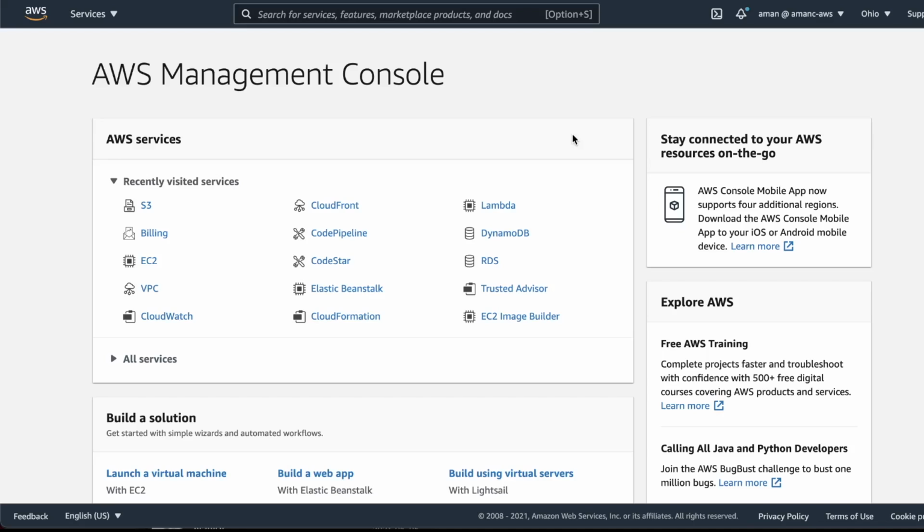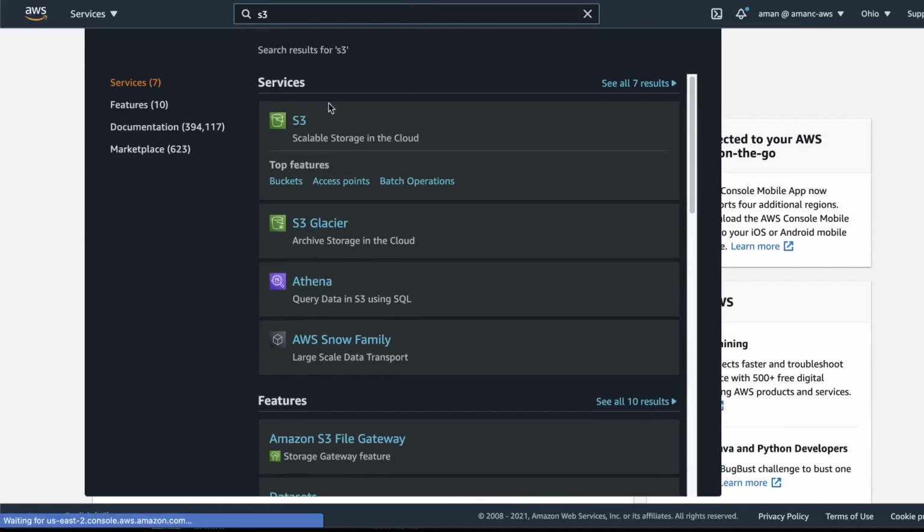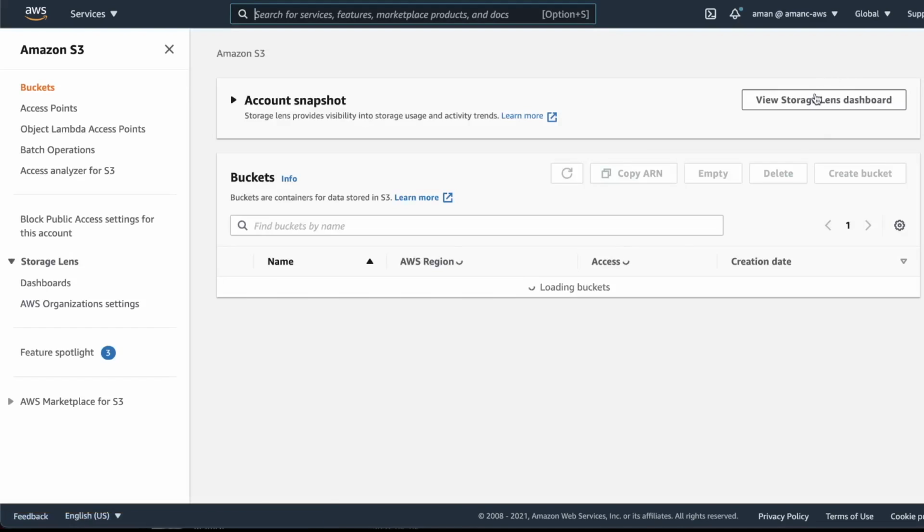So the first thing we want to do is log into the AWS Management Console, like we are right here, and then go into the S3 console. And once we are here, we want to create a new bucket,